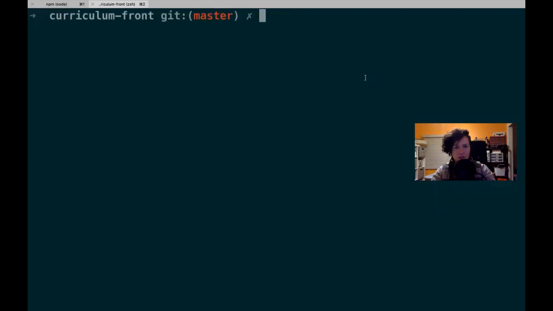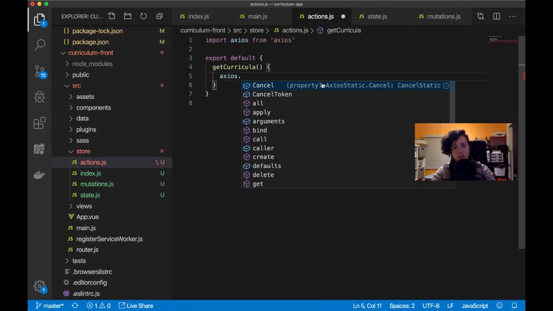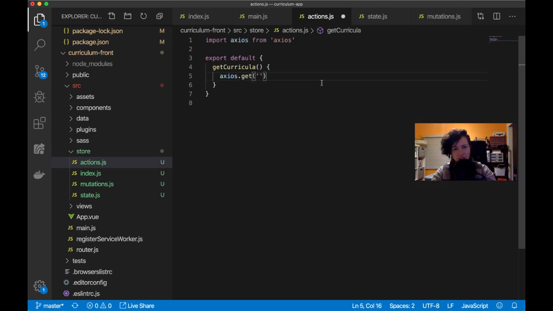So I have Axios installed, and now I'm gonna do npm run serve again. And in this function, I want to do an axios.get. And I think that the syntax is putting the URL here. And I'm just going to hard code it for now, because actually I'll put it at the top. So I'll put const API URL,